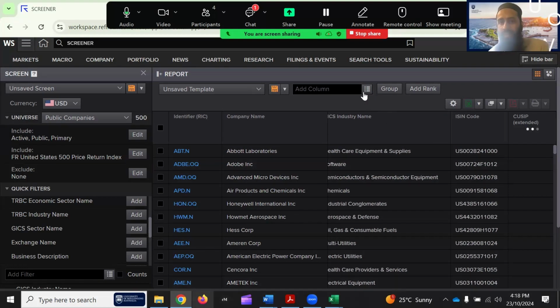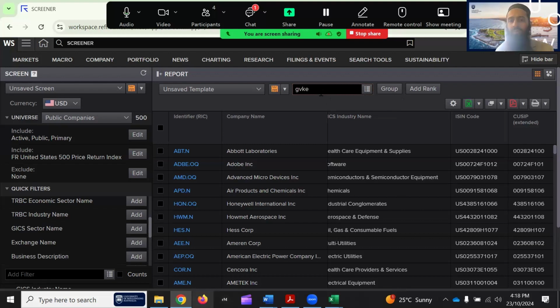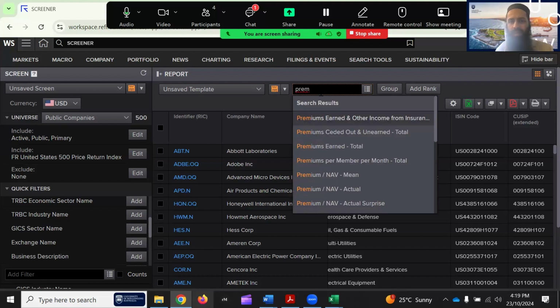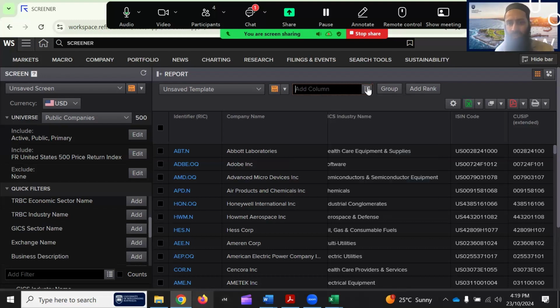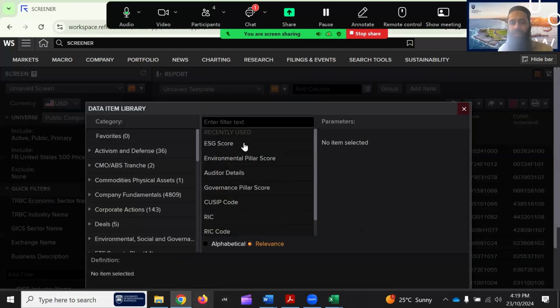And if you're not sure, then there is the launch data item library. So I was searching here. Let's say if I search GV key, it doesn't come. You can search for something, ID, and something might come. But you can also launch this data item library.